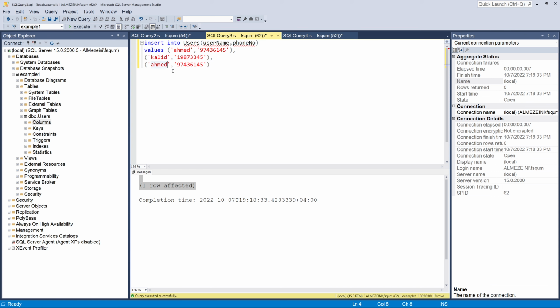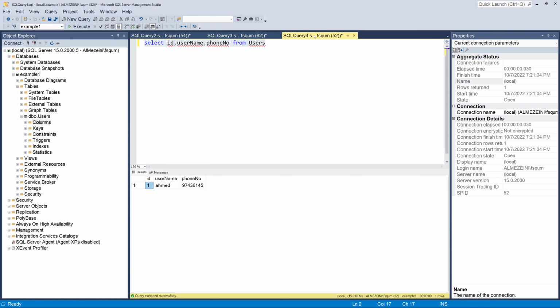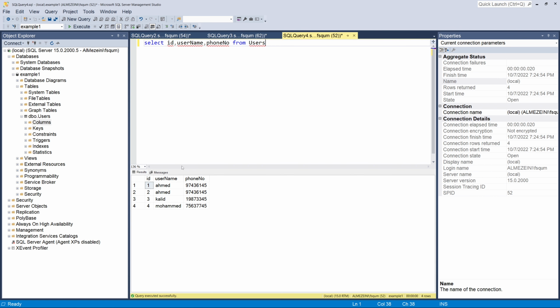And then we can add other data. Let's say Muhammad. And then the username and the phone number will be different, and then we can execute. So this is how to enter multiple rows of data inside one query. If I execute, 3 rows affected, and I go here inside of this query, we select the ID, the username, the phone number from users. When I click on execute, it will take the ID, the name, and the phone,